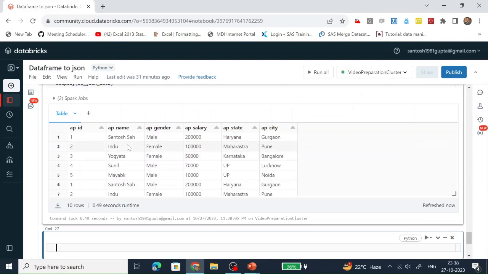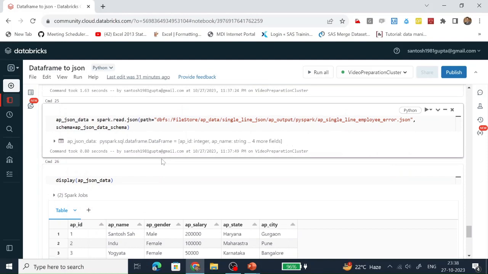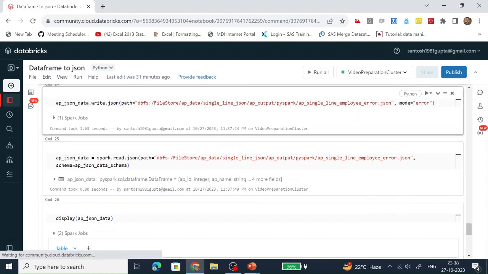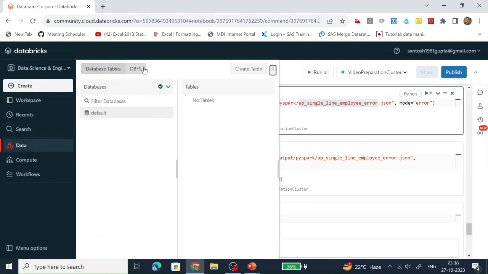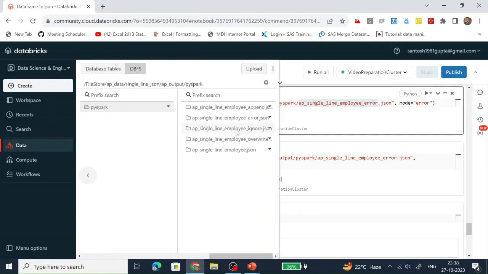Okay. The data has been written successfully in this file. Let's see whether this file is present in the folder or not. See, it is present. ap_single_line_employee_error.json. This is the file which we have created.